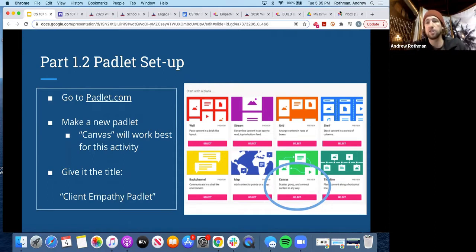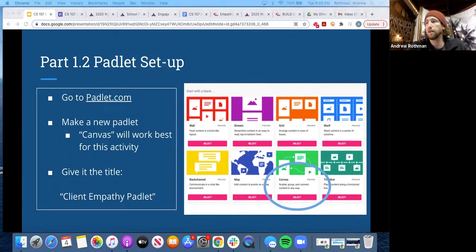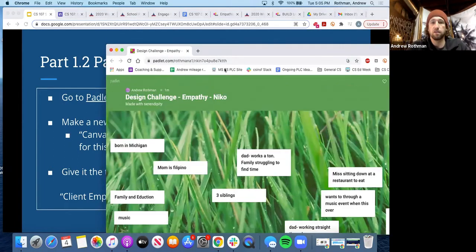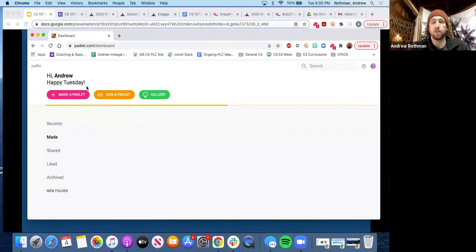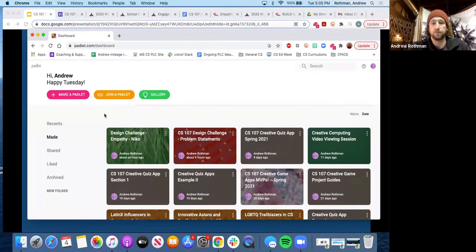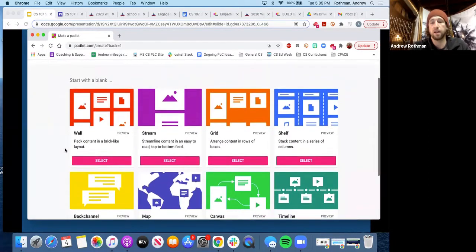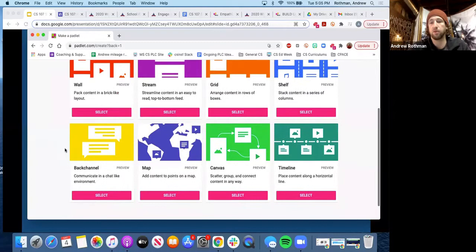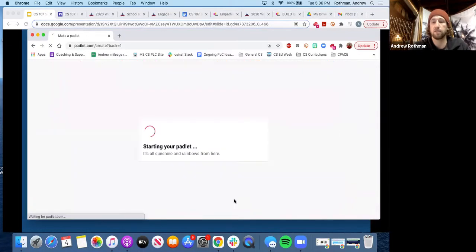So I'm going to suggest you use Padlet, and let me see if I can find my Padlet here. If you're new to Padlet or haven't really used it much, the interface looks like this. When I make a Padlet, it should allow me to do this. I have a pro account, but I think on the free account, you can create up to 3. And the Padlet format I think will work best for this is the canvas. So you just select canvas.